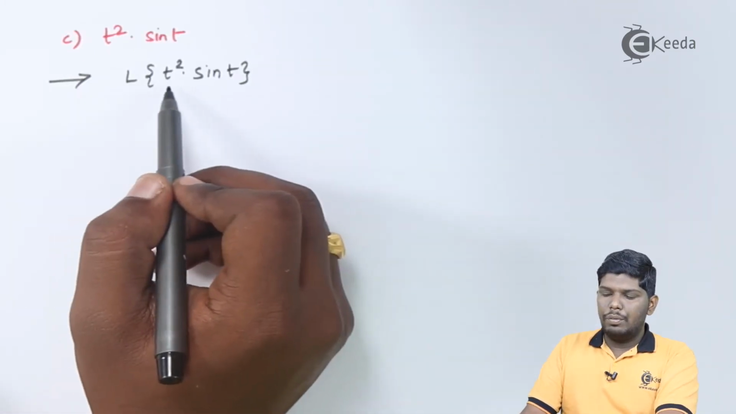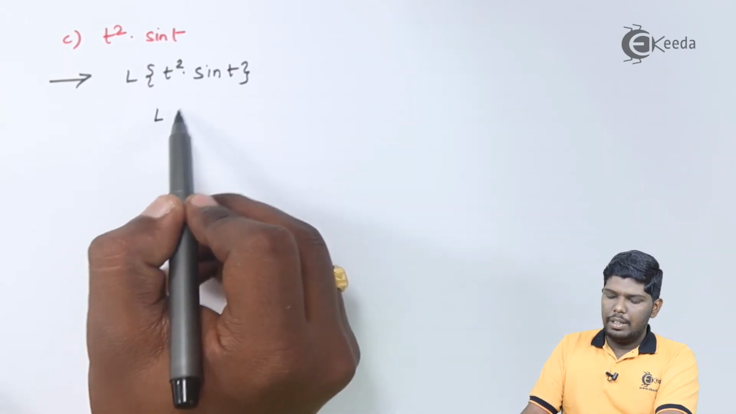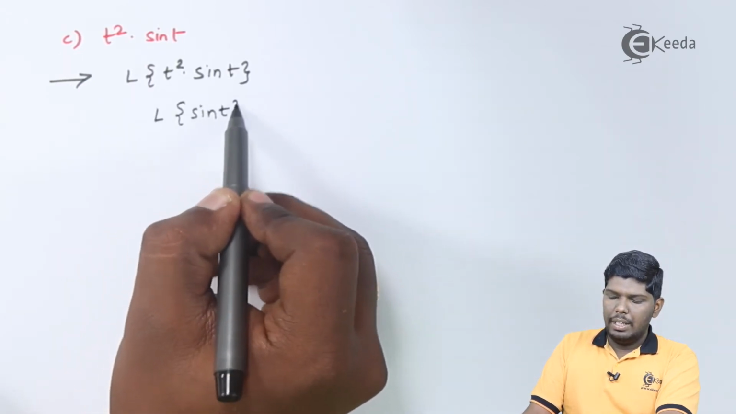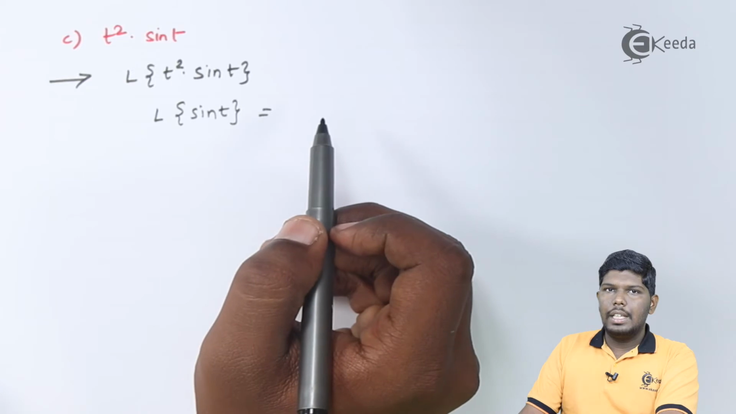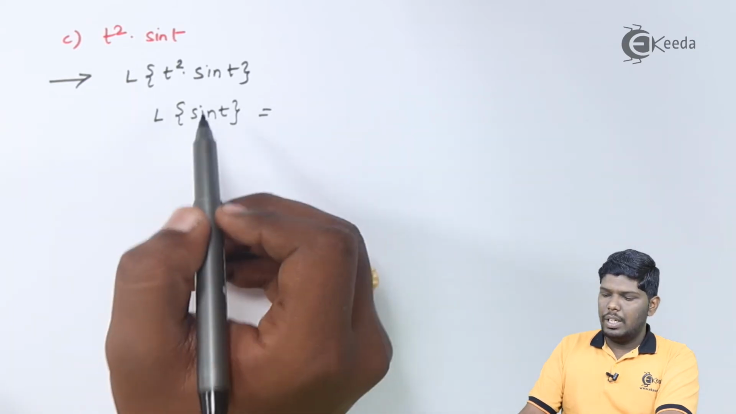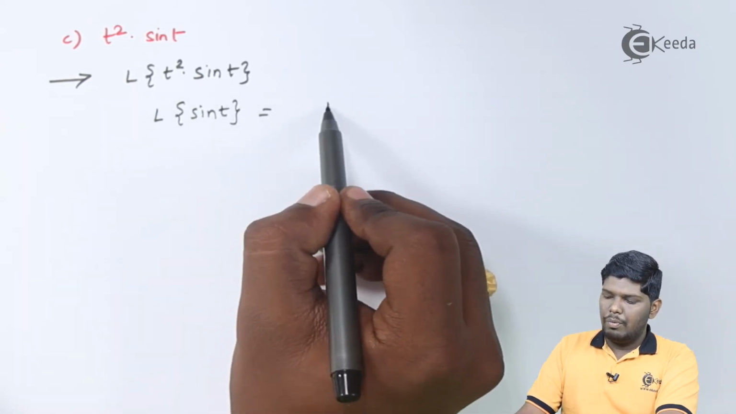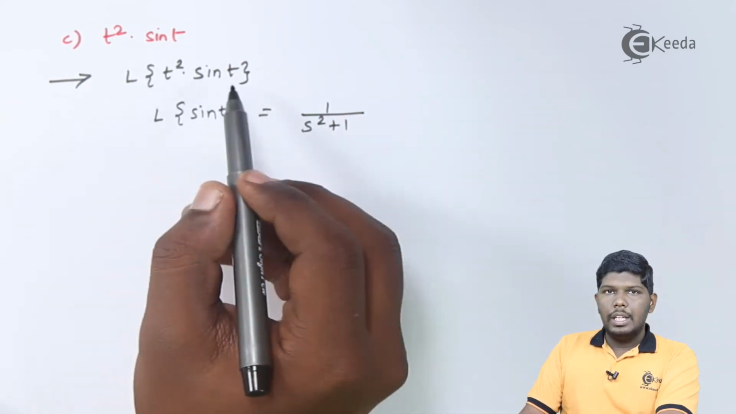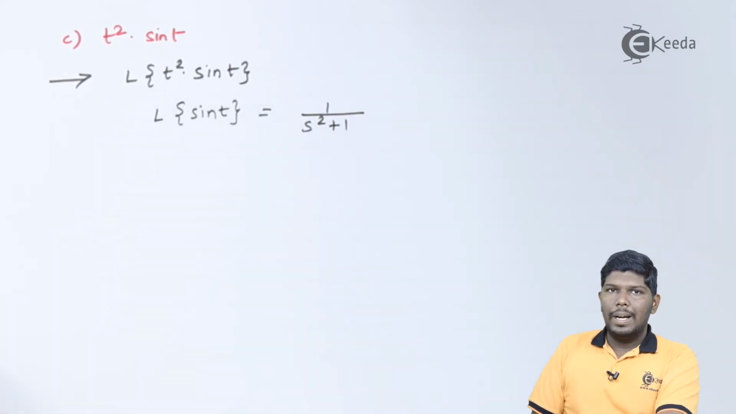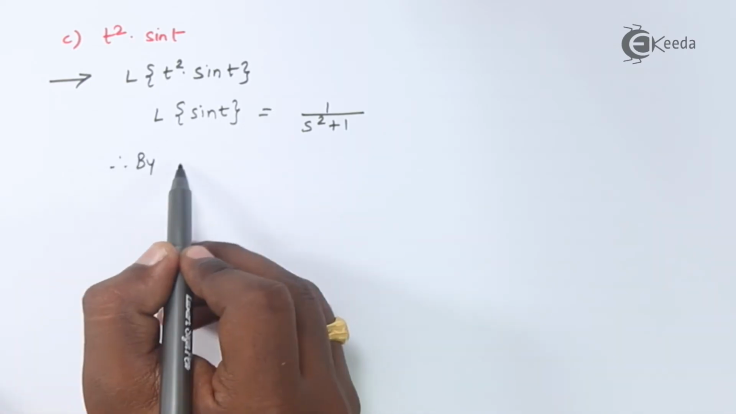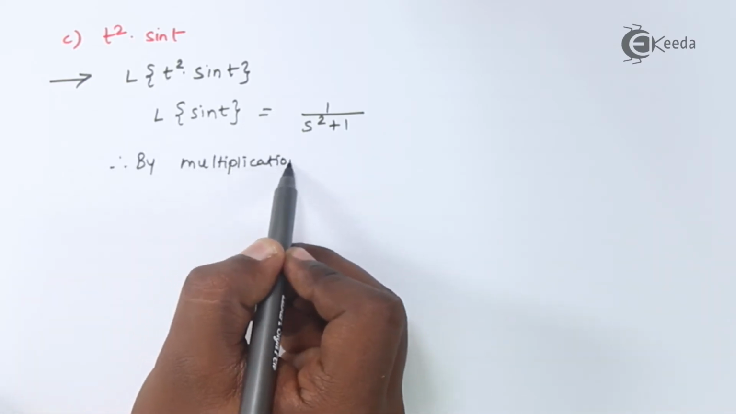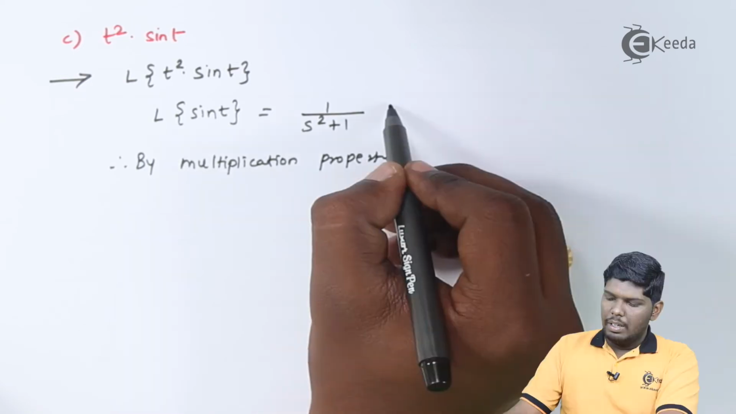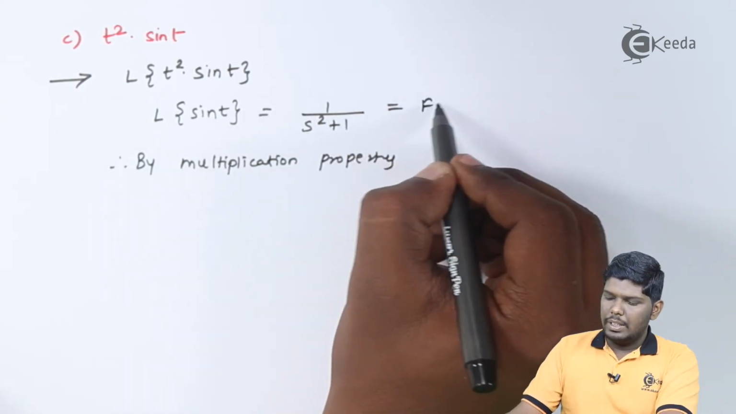Now to find Laplace of t square into sin t, we know that Laplace of sin at is given as 1 upon s square plus a square. Here the value of a is 1, so it will be 1 upon s square plus 1. Now since t square is multiplied, we can use the multiplication property. Considering this function as f of s,